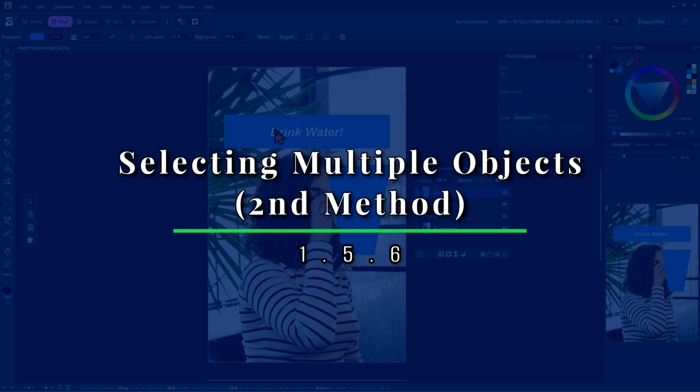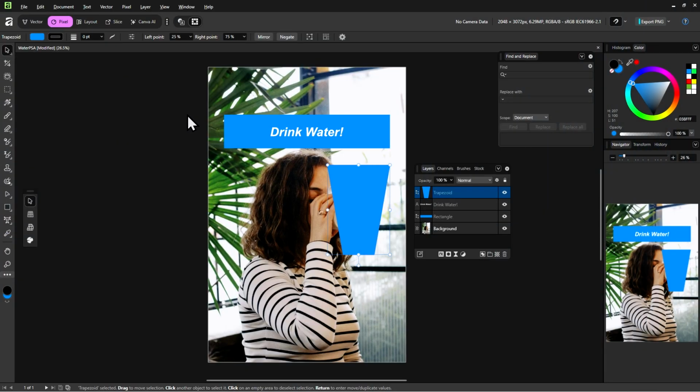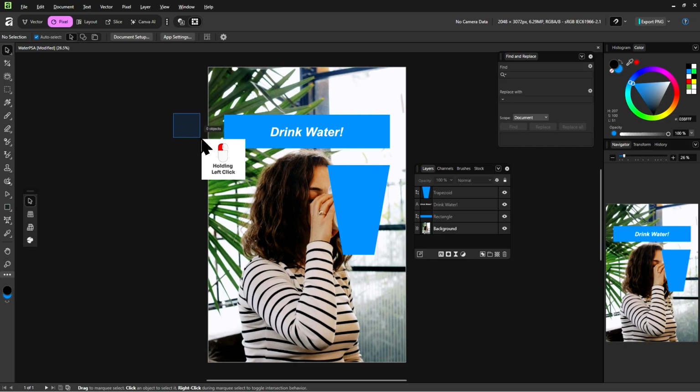Maybe I'll scale down this rectangle and the text. I will select them both, but instead of using Shift and clicking them both, I can drag out a box that will select any object that it touches. As you can see, that box just selected the rectangle and the text at once, but it also selected the background because it also touched the image.